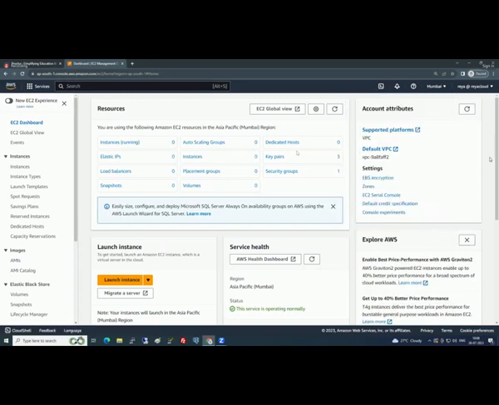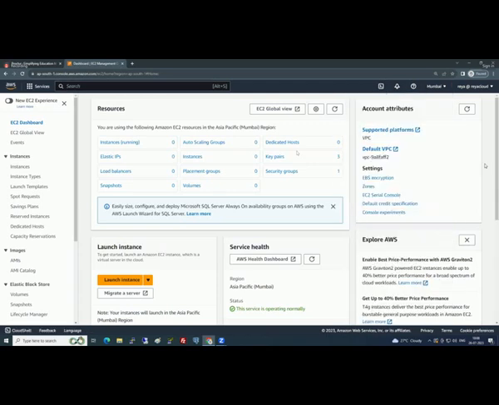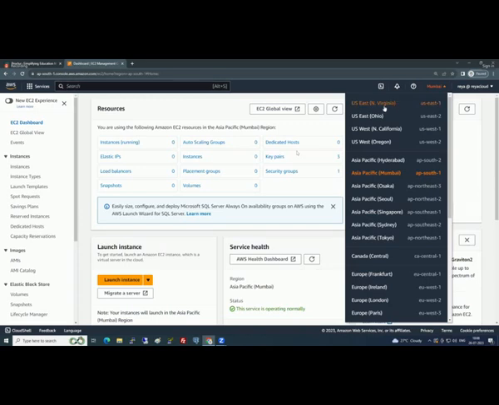I'm telling you guys, especially beginners, don't go here and there and launch the EC2 instance. Let's strictly be in the Mumbai region and do our practicals. And whichever region you are in, if you are in North Virginia, be with only North Virginia. If you are in Sydney, be within Sydney.